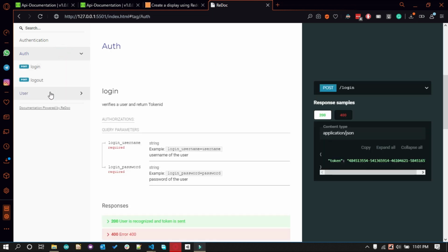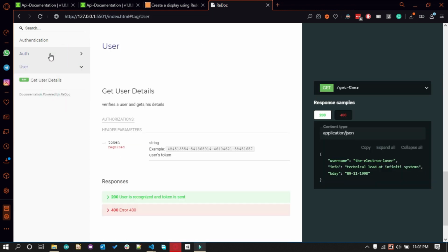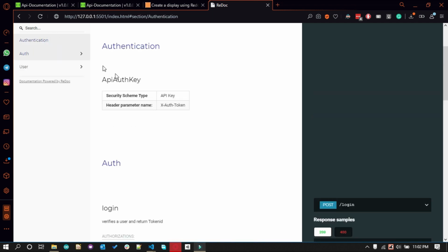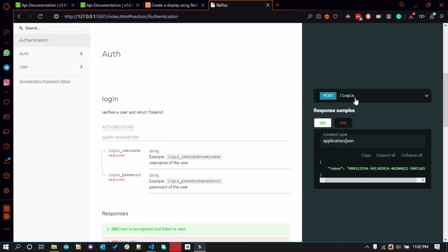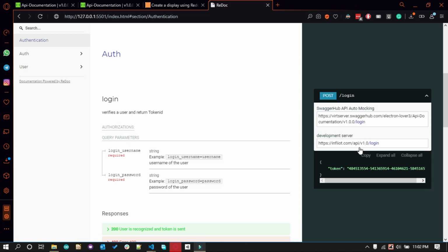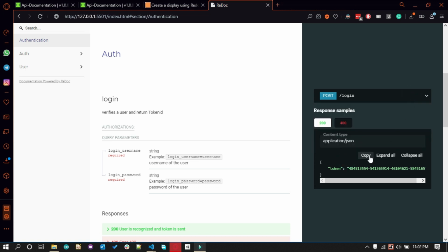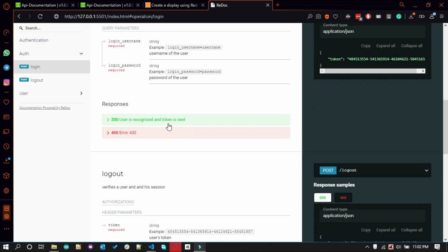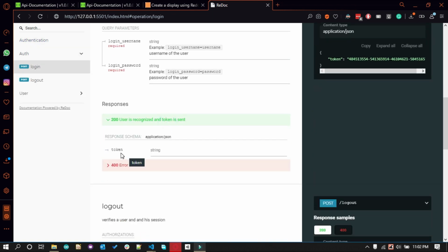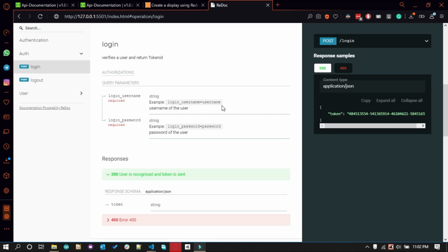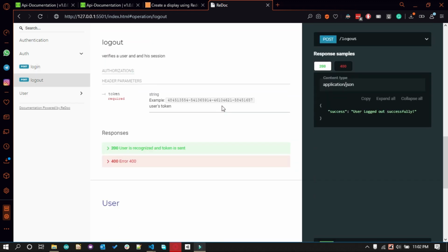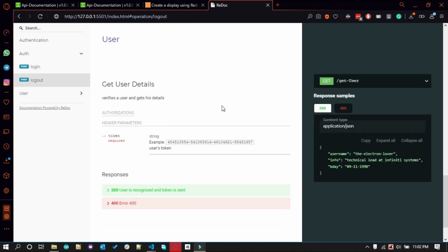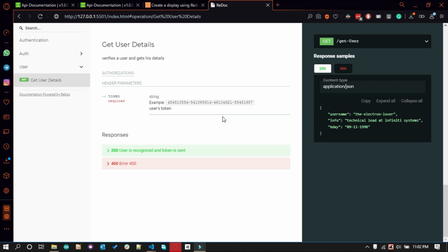This is the tags section. All the tags are listed over here. We can see the server URLs in this section and the server responses. And the middle section contains all the parameters and the schema for the responses. Now we can change the Redoc.js code to change this UI as per our needs.